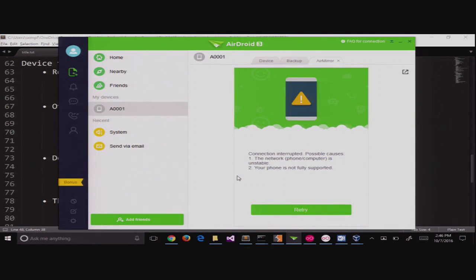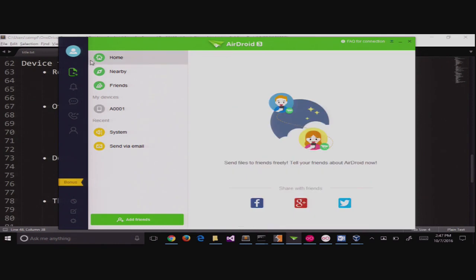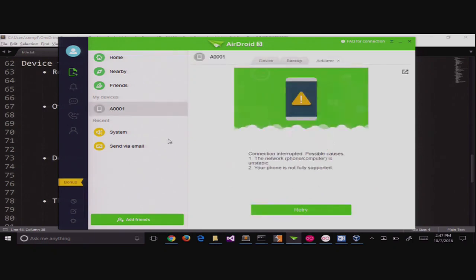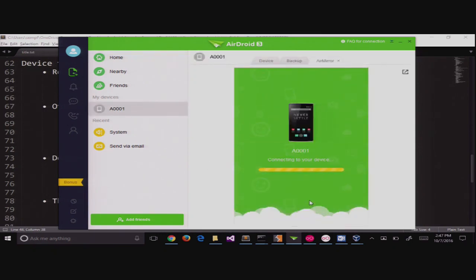Sometimes you have to have a device. Okay? You have something that uses the camera, you have something that uses the Bluetooth, you have something that uses the GPS, and you have to have the device itself. Let's see if I get connected to it.